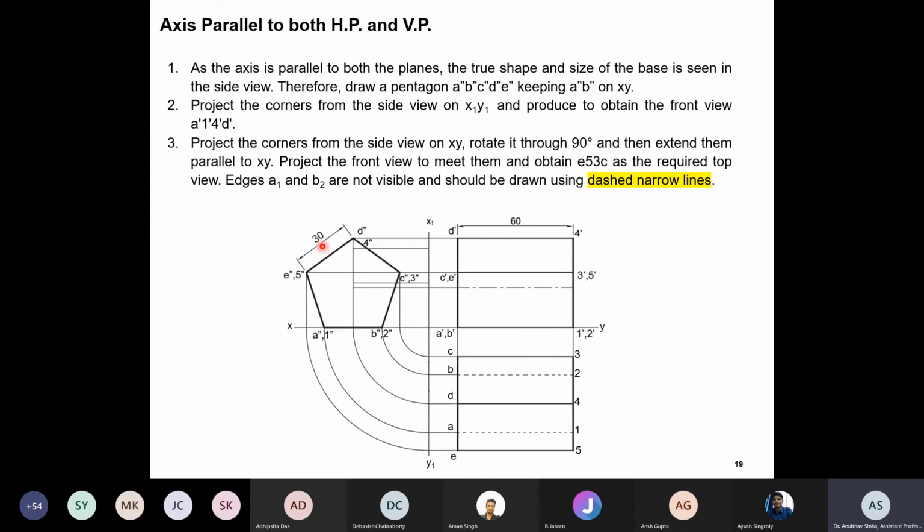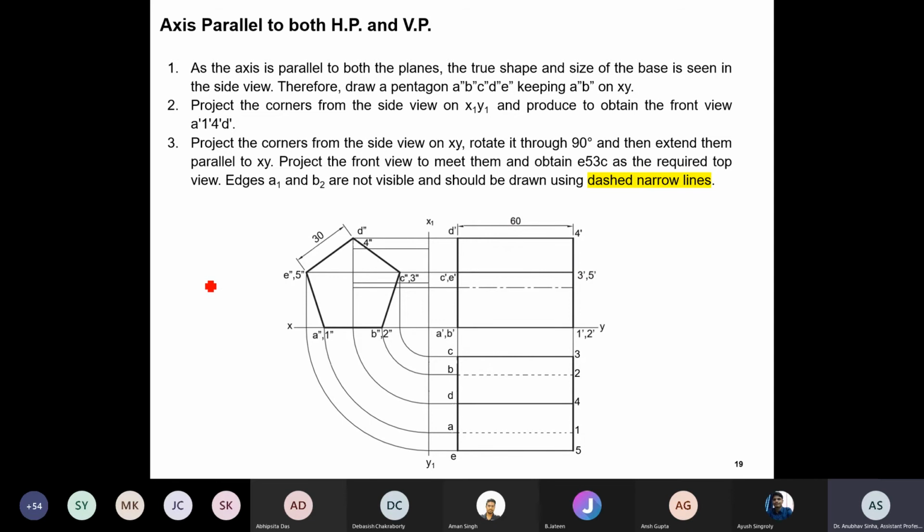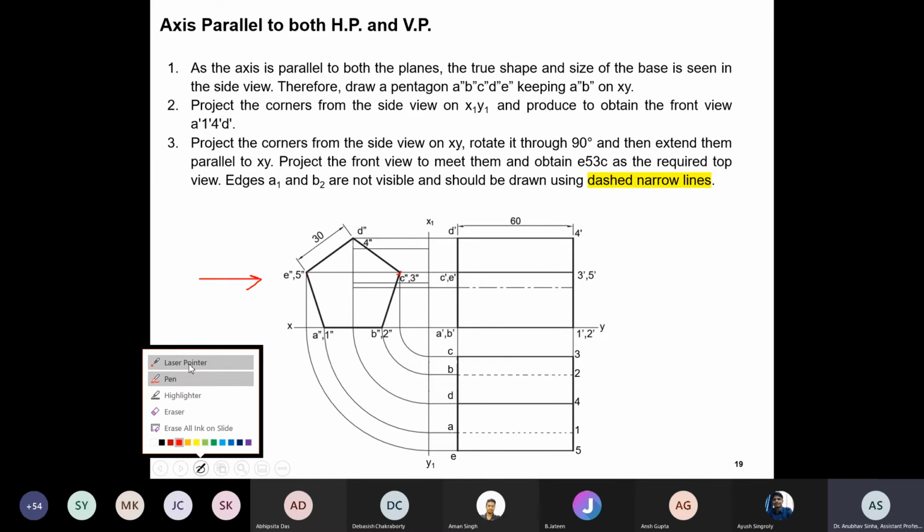Okay, it is basically a polygon, but from the front view it looks like a rectangle, and this edge will be visible, so you mark it here. Now we are looking from here. So this edge is visible, the hidden edge is just behind it, so that is coinciding with that. And here you see the axis of this pentagonal prism.